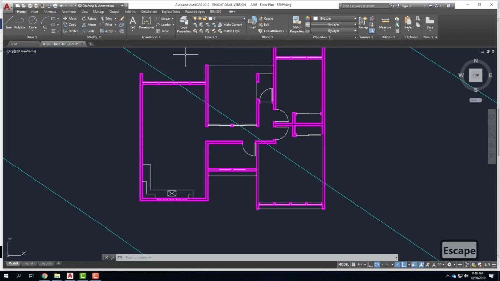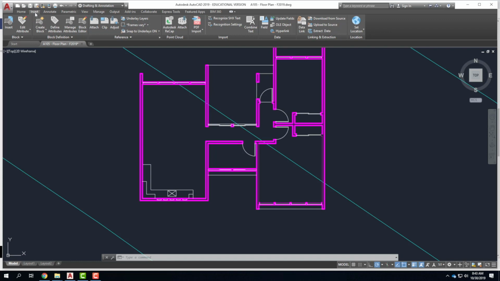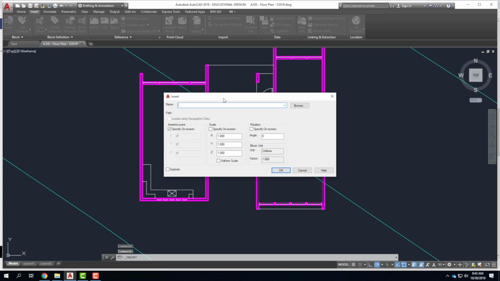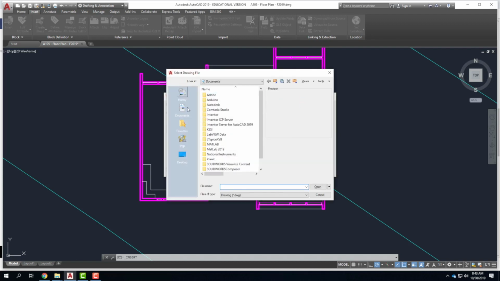Fixture. So with nothing selected, I'm going to switch my active layer to fixture. There it is. Then I'll go ahead and go to the insert ribbon. It's one over from home. There's insert. And this first option here, I'm going to click on insert block. And so what AutoCAD's doing is it's allowing me to reference another file. It's kind of like InDesign where I place something into my drawing. I'm doing the same thing here in AutoCAD. And I'm going to go browse for